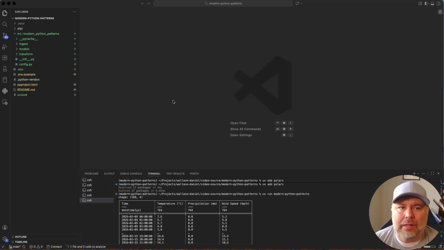So think Java, think C Sharp, think Golang. Those are kind of in the OOP paradigms, and really Golang a little less, honestly, because Golang isn't a traditional object-oriented language like Java or C Sharp,